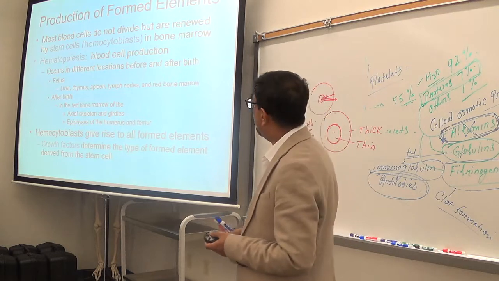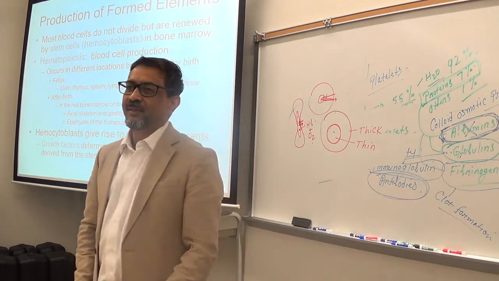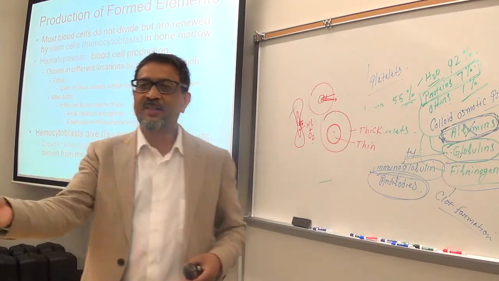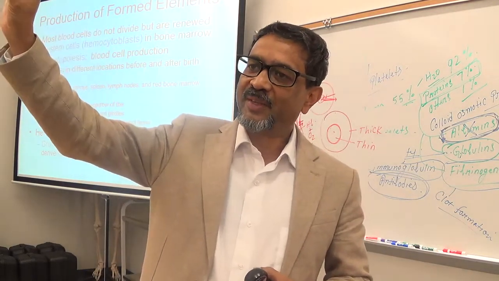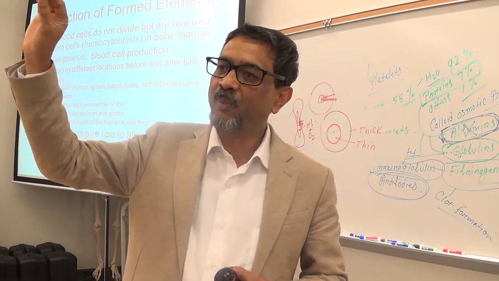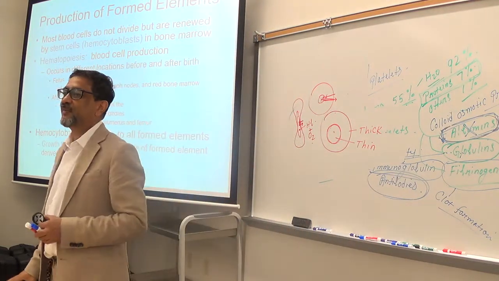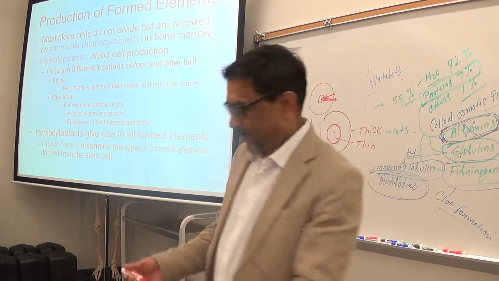Production of the blood cells. All blood cells, red blood cells, white blood cells, platelets, come from one type of stem cells. Those are called hemocytoblasts. So hemocytoblasts are the stem cells for all types of blood cells. So